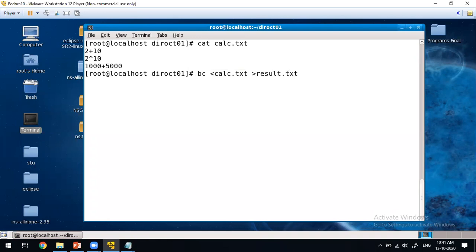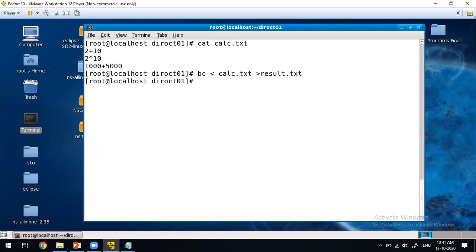Two things I am going to do in this command. bc is going to compute the arithmetic operations, reading from calculation.txt. This less than symbol indicates the standard input file, giving the input to bc. Then the redirection symbol says to write that command's output to result.txt.